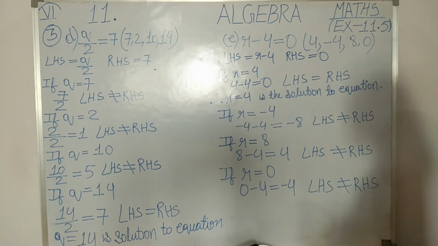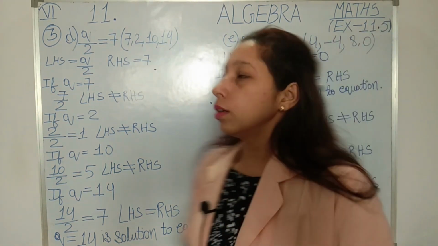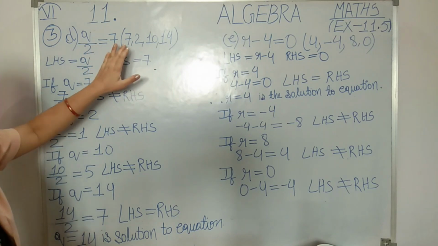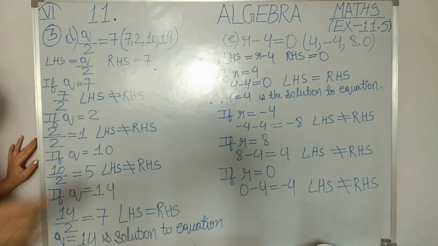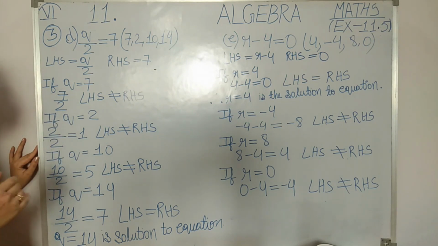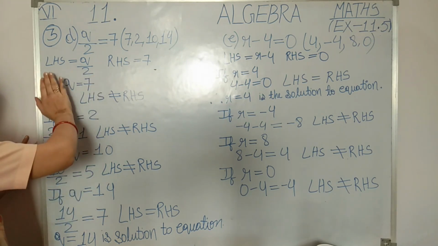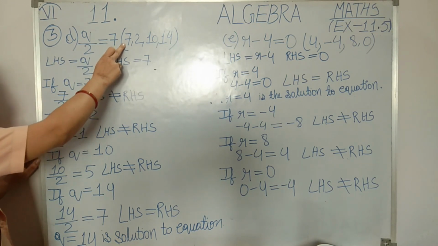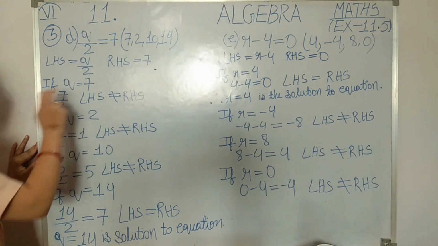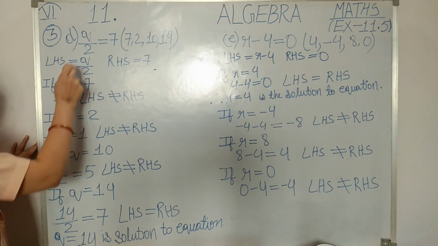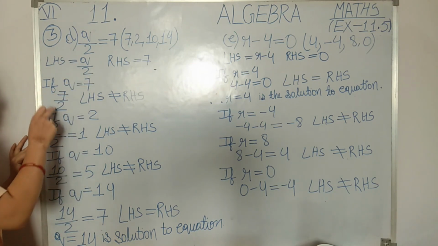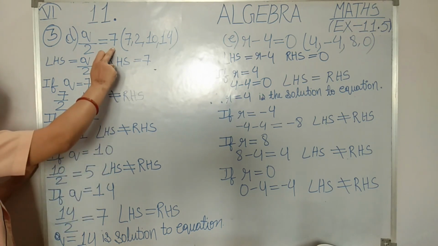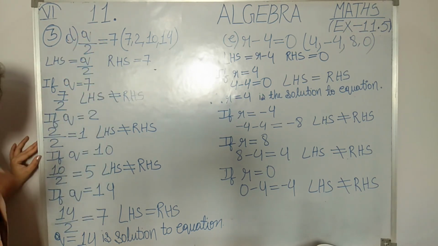Students, question number 3, D point now is q upon 2 equals 7, where the following values of q are given. I have already solved point D and E, and rest of the points for question number 3, your work, you have to solve. Let us start students. So here the first value of q is given 7. That's why I have written if q equals 7. So students, q upon 2 means 7 by 2. Can you solve it further? No, there is no common factor except 1 for 7 and 2. But I want the result as 7. So here it is only 7 by 2. So I have written LHS is not equal to RHS.